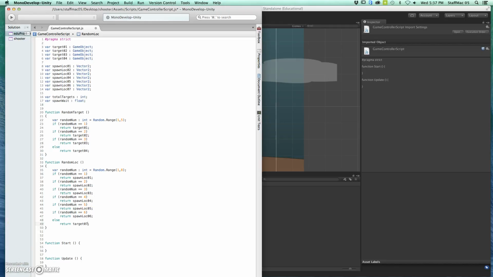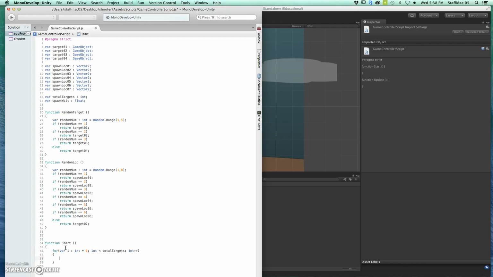Okay. Now what we're going to do is we don't need the update here. In start, we're going to call those functions. We're going to make our thing here. Okay, so I'm going to go tab, and we're going to make a for loop. So we're going to say for a variable I, which is going to be an int, and we're going to start it at 0. Okay, and then while I is less than the total targets, which basically means while we haven't reached the total number I want to make over the whole game, and then each iteration it's going to add 1 to it. All right, so I++, that's increment if you remember,